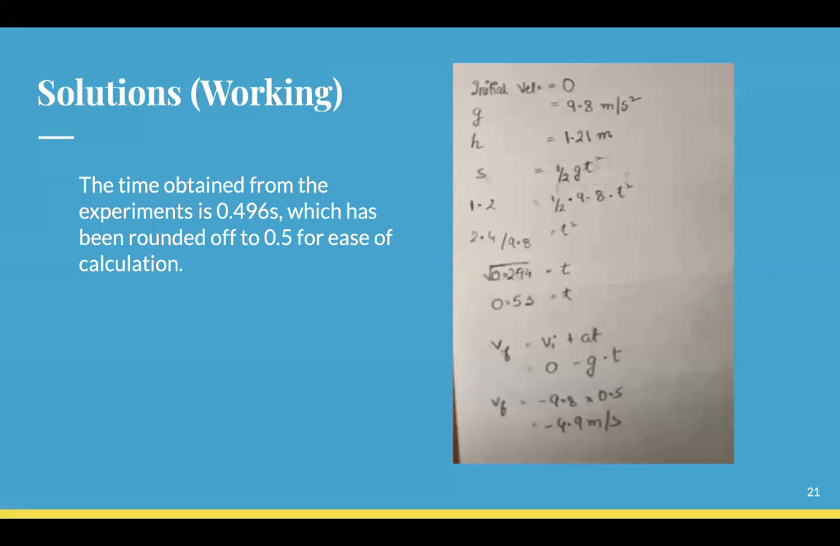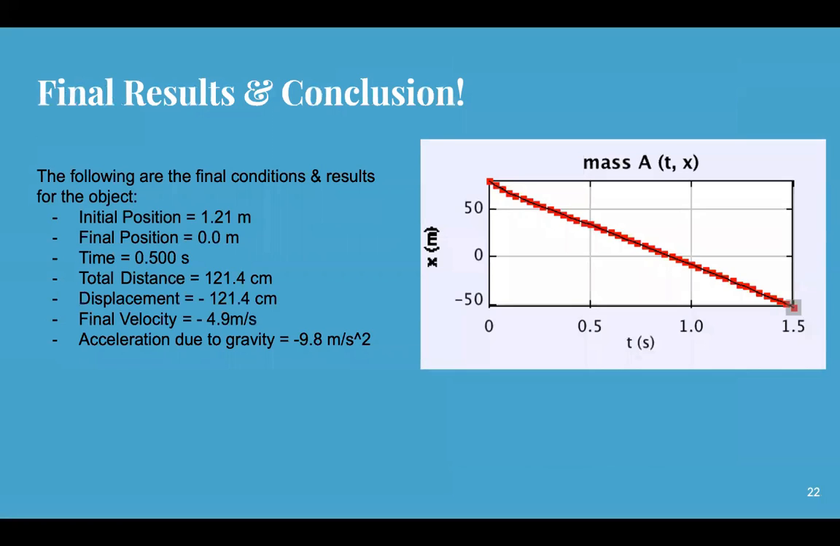This is the solution. Please pause the video to see it. These are the final results. We drop the object from 1.21 meters. In 0.5 seconds, it comes to 0.0 meters. So the total displacement is negative 121.4 centimeters,